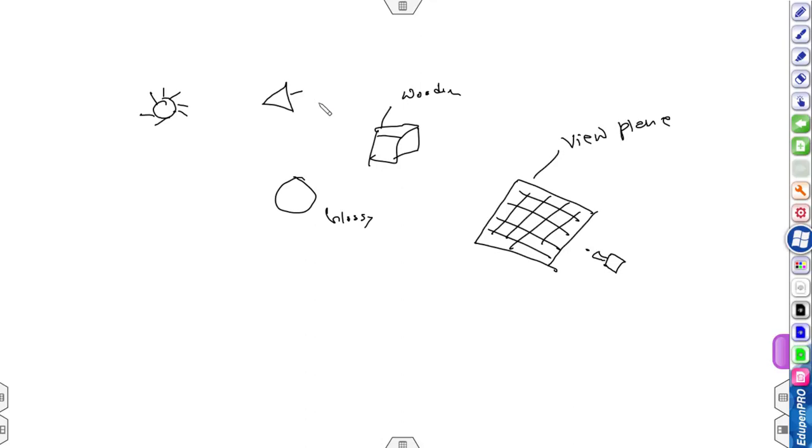So what will happen whenever a light source emits light? It emits light in all directions, and the rays will bounce on every object present in the environment.